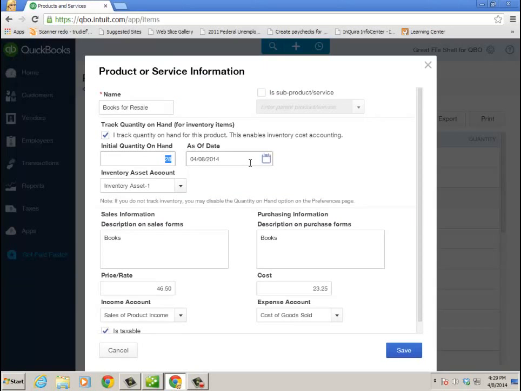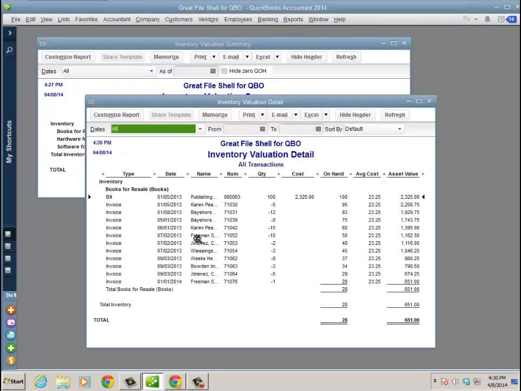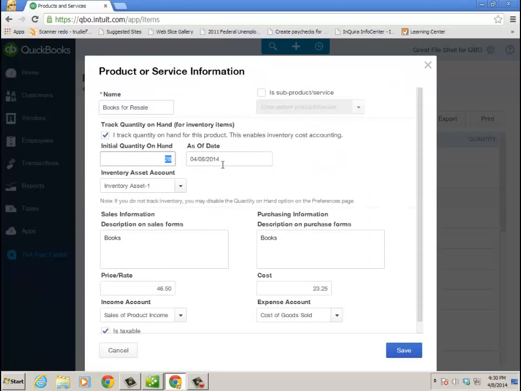Now the as of date's important, and what you really need to do is go into QuickBooks and find out the last date that you did something with the item, whether purchased it or sold it. So with all dates, I usually drill down and I see that 1/1/14 was the last invoice date. Even though I'm not going to do any transactions for this item before 1/1, the date I'm going to use in that field actually is going to be 1/2/2014 because QBO doesn't want you selling anything before that. You had 28 items as of, right? You're not going to be able to sell it the day before. So I'm going to do